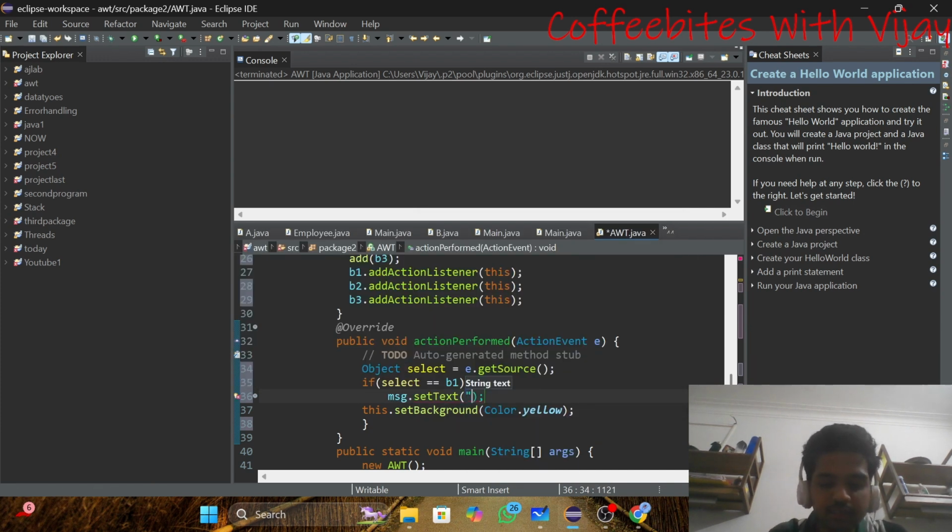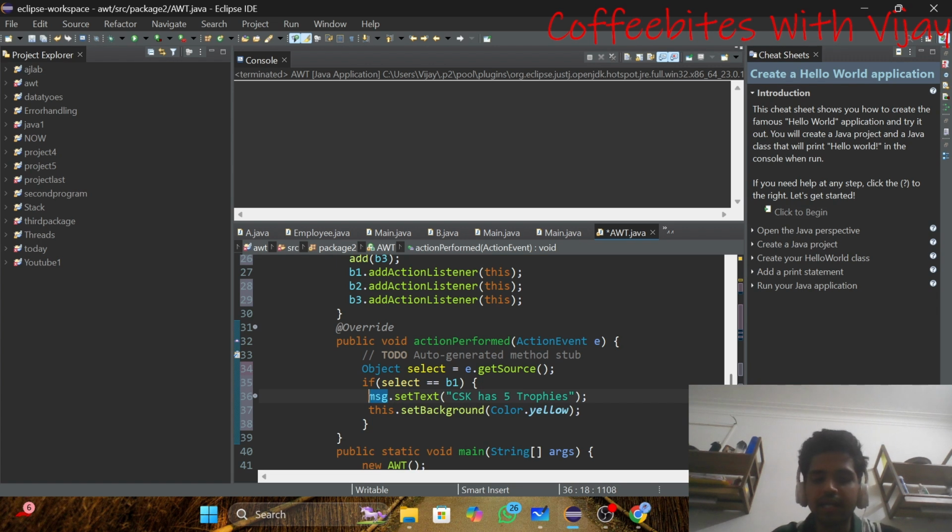Set text as CSK has 5. Change this to small. CSK has 5 cups or 5 trophies. Okay. So this was for the CSK button.